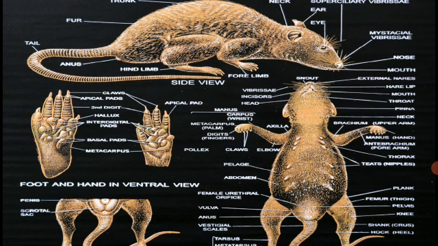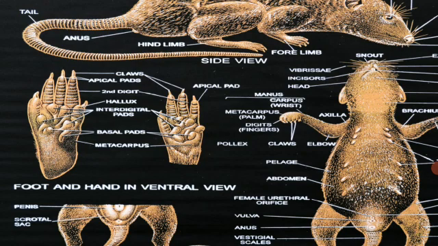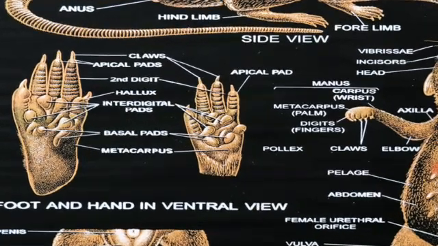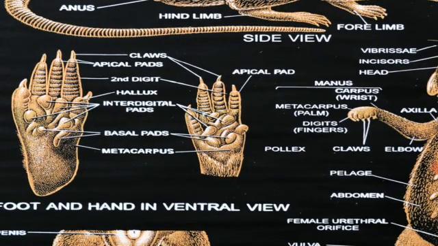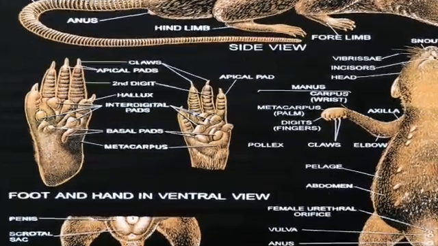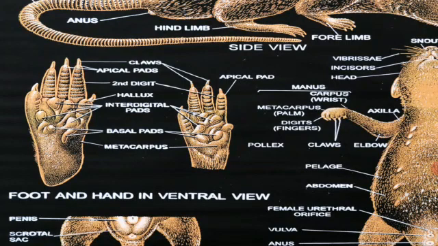Each hind limb possesses a proximal thigh directed forward and a shank directed backward. Then a distal foot directed forward, and the foot has the ankle or tarsus, metatarsals and five clawed digits. So here you are able to observe the detailed structure. So this one towards the left side is the foot, and here it is the hand. Just observe the structure.